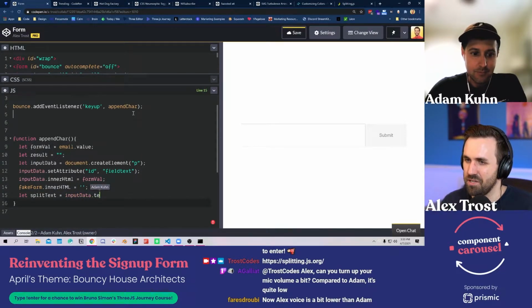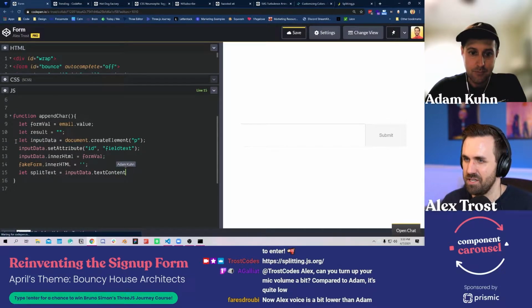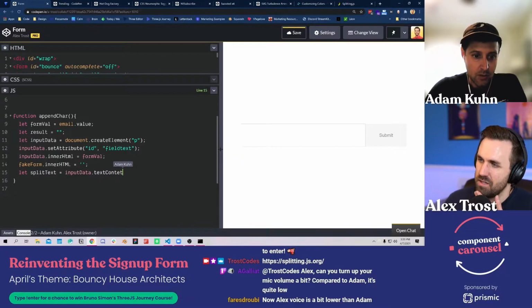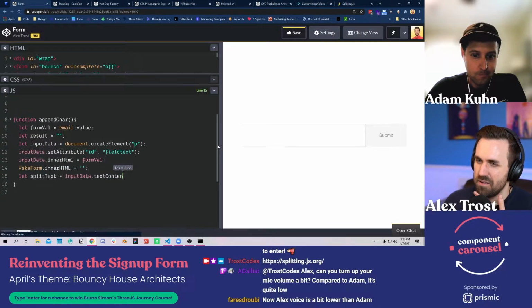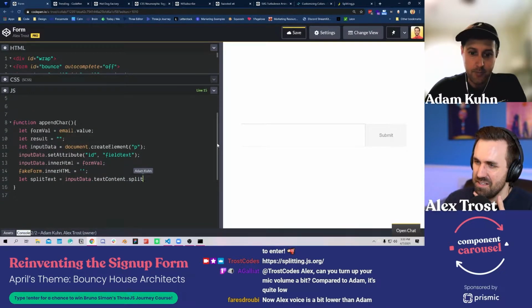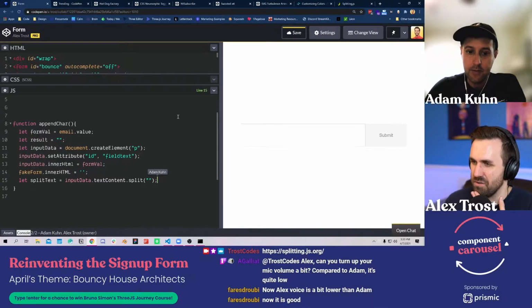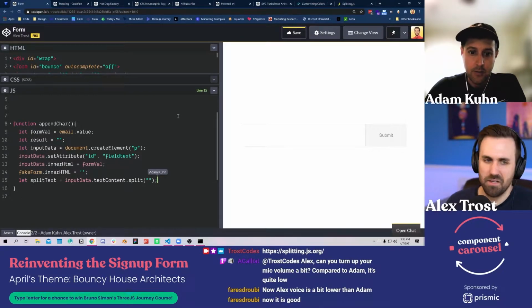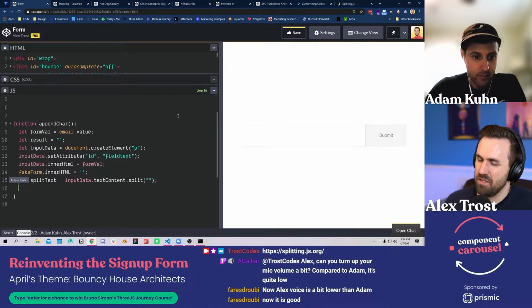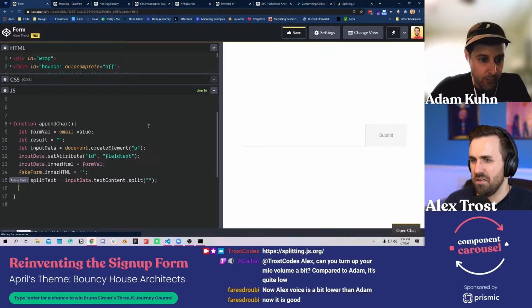All right, cool. So I'm just trying to decipher this. Input data. We're going to split up all the text content, everything thrown in. We're gonna split all that up, and then ultimately iterate through those and append them to the div.